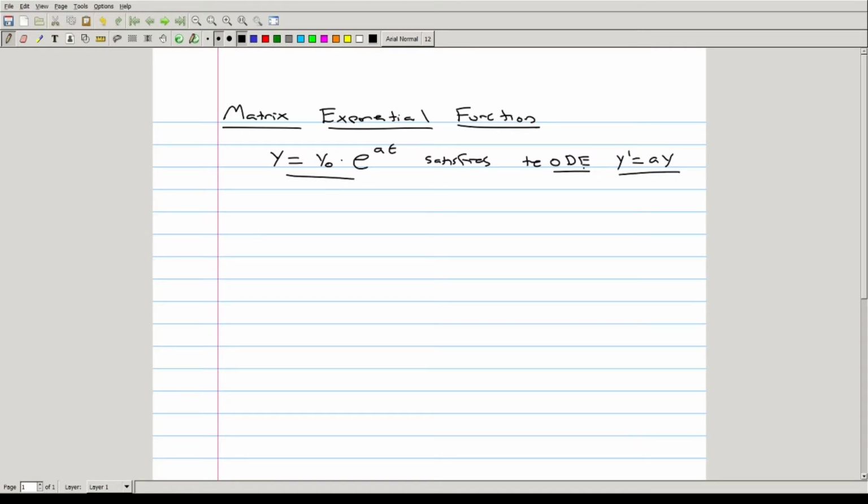It's the fundamental, in some sense, definition of this function right here. And we know that the function e to the at